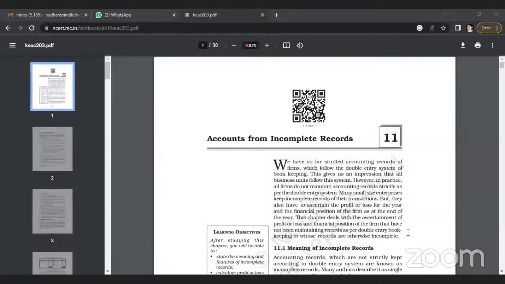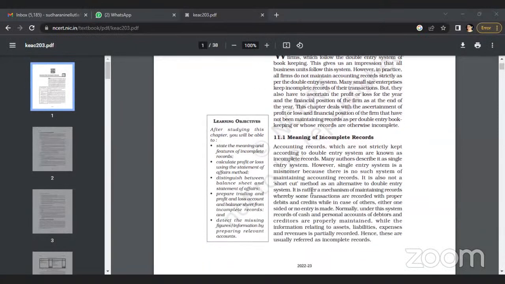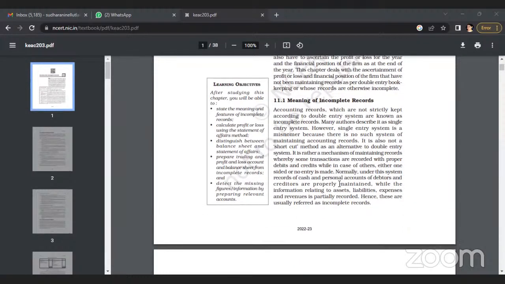Generally, incomplete records means books of accounts which are not kept and maintained as per the double entry system. Business people generally keep only